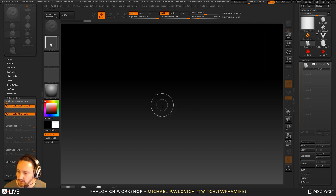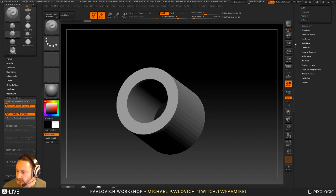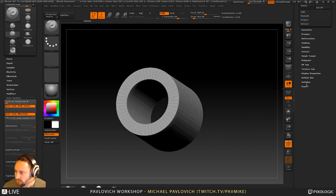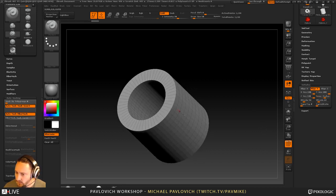So perfect, we have a cylinder here with a hole in it. And this is the initialize primitive, so we can start with this. I think that'll be fine. So if we go over here to initialize, and we did our inner radius. So again, this is just a primitive, so we can make all sorts of changes. If we do like what we see, if we want to get rid of these V divides, we can either do it here and make it 3, and that'll just give you 0 in inner